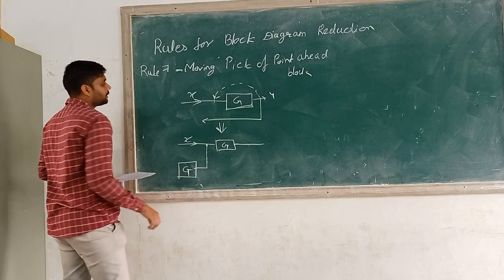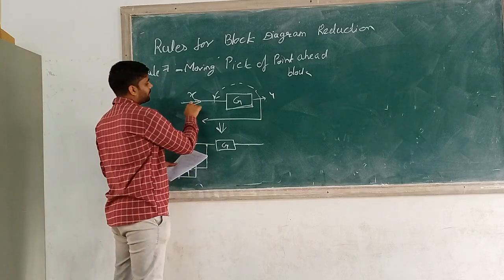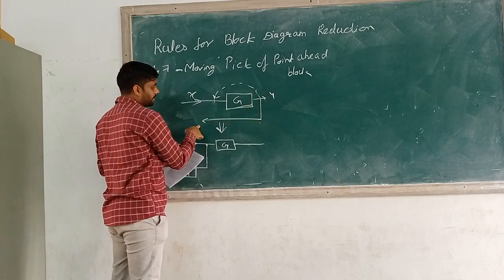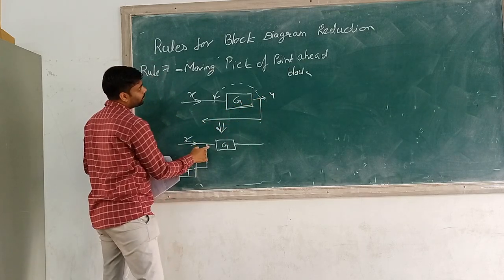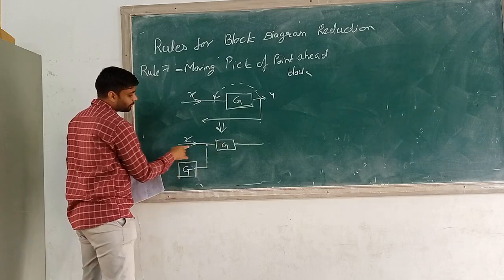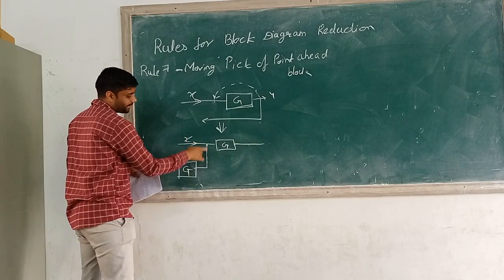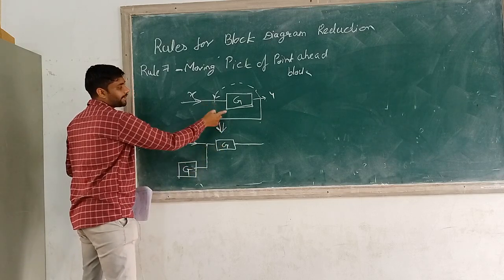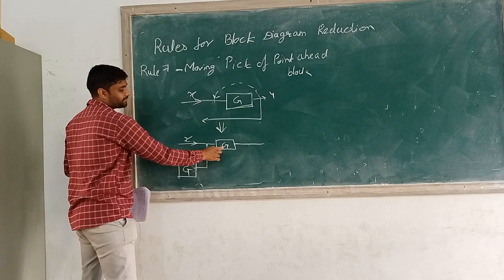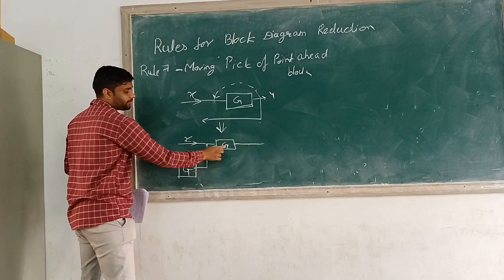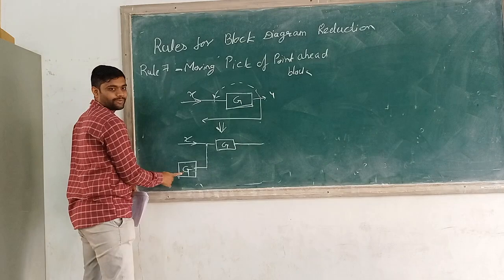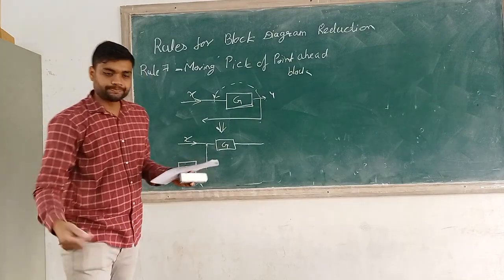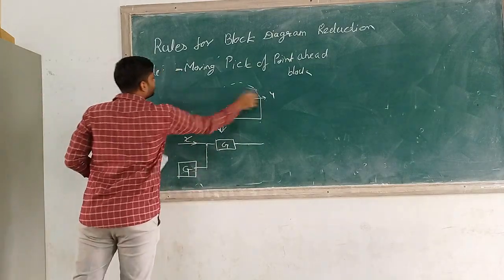G. Look student, normally what is happening here, this input is moving through this G and along with this function G is going to transfer here. But if we move this pick off point ahead, then this G will not be applied; the input comes to this point and then moves along its line. So to make up for the effect of this G, as this G has been eliminated here, we need to add this G in this pick off line here. Okay. Rule number 8.